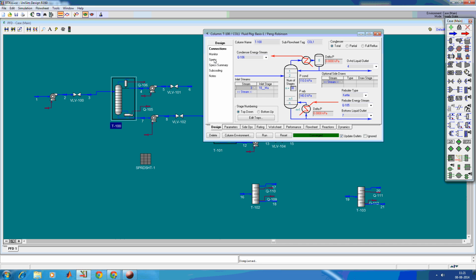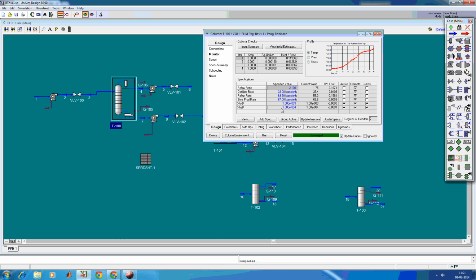0.0005. Here, if you see, right now we are at 1.5 E negative 4. This was 5 E negative 4. If you make it 6 E negative 4, the second column doesn't converge. And then I slowly but surely decreased the benzene leakage from 5 E negative 4 to 1 E negative 4,